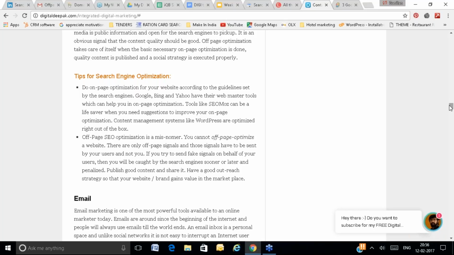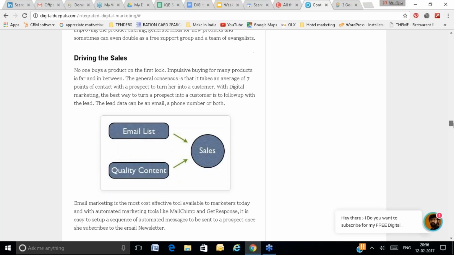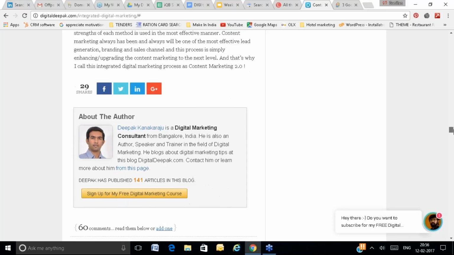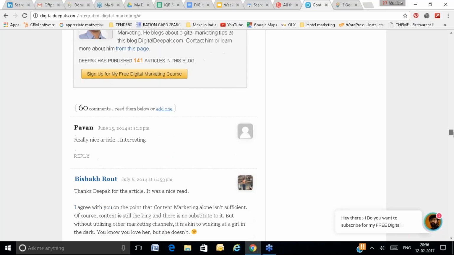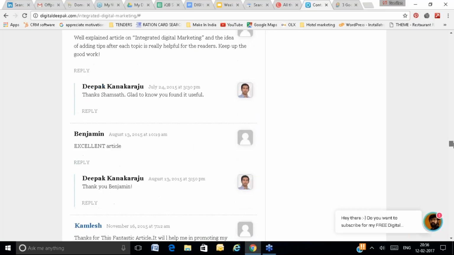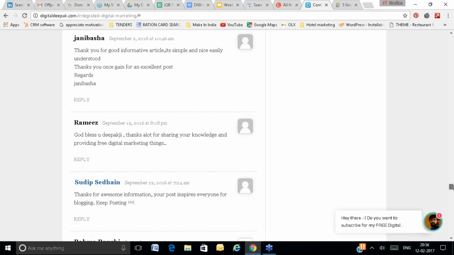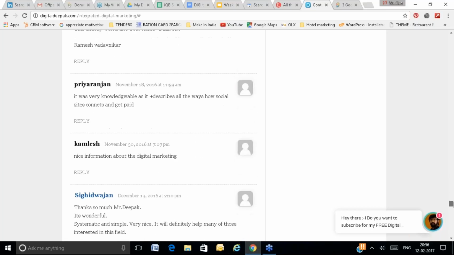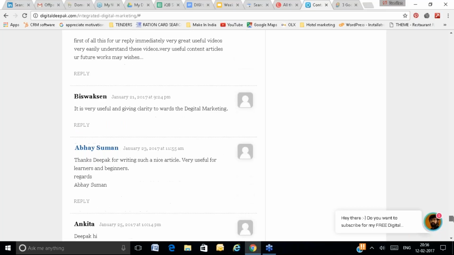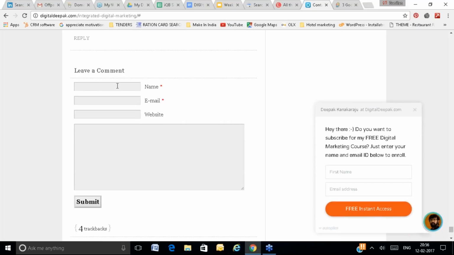At the end of the content, see the length of the content, how many images they have used, that they have used paragraph headings. See how many comments there are, and someone has commented and placed a link. So all these are comments, and you can write a comment and share the link. See the number of comments here, and you can write a comment here as well.